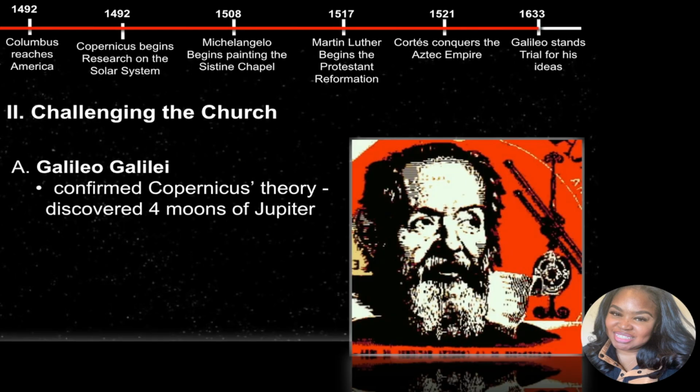In 1609, Galileo Galilei built his own telescope and discovered moons circling other planets. Because there are moons that revolve around Jupiter, not all heavenly bodies revolve around the Earth, and some planets, like Venus, could revolve around the sun.